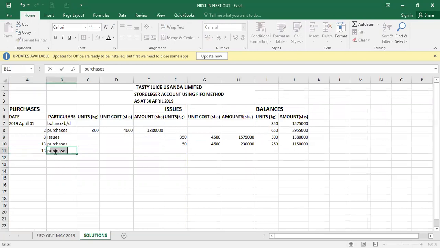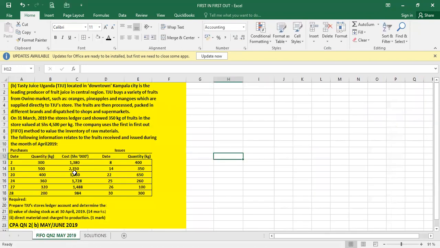These are purchases. We purchased 500 units at 2,380,000. Hope it's the one. Let me first delete this. Is it 2,380,000? It is